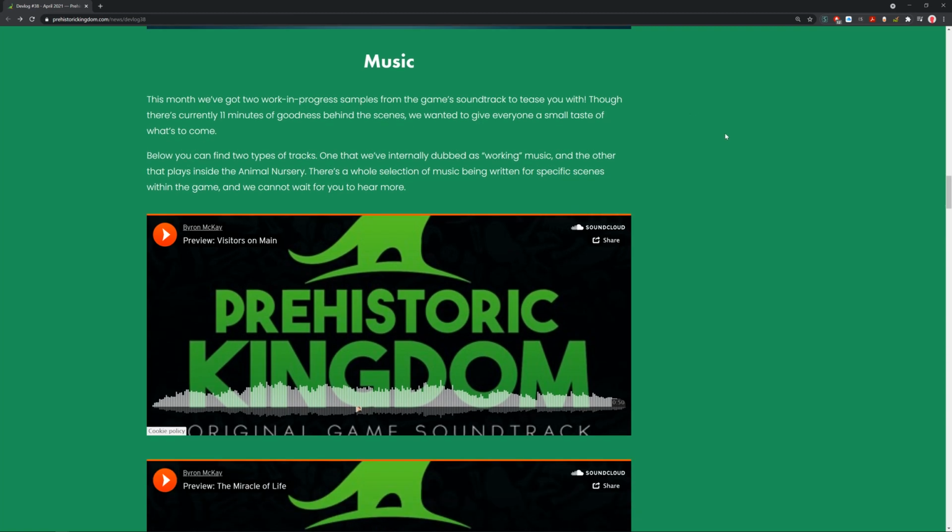So we got music. This month we've got 2 work-in-progress samples from the game's soundtrack to tease you with. Though there's currently 11 minutes of goodness behind the scenes, we wanted to give you a small taste of what's to come. Below you can find 2 types of tracks. One we've internally dubbed as working music, the other is the one that plays inside the animal nursery. There is a whole selection of music being written for specific scenes within the game, and we couldn't wait for you to hear more. So let's give a listen to